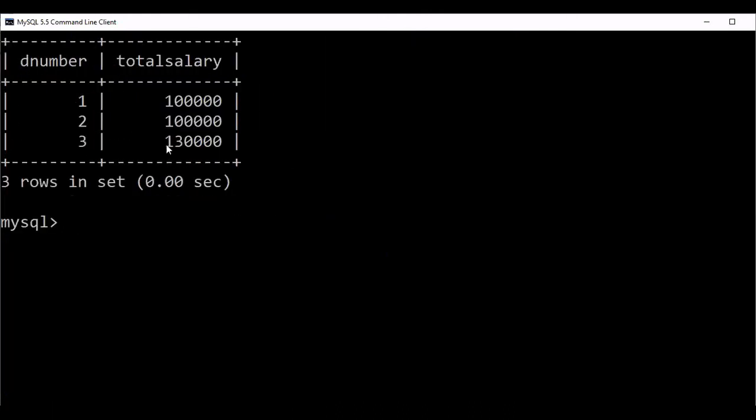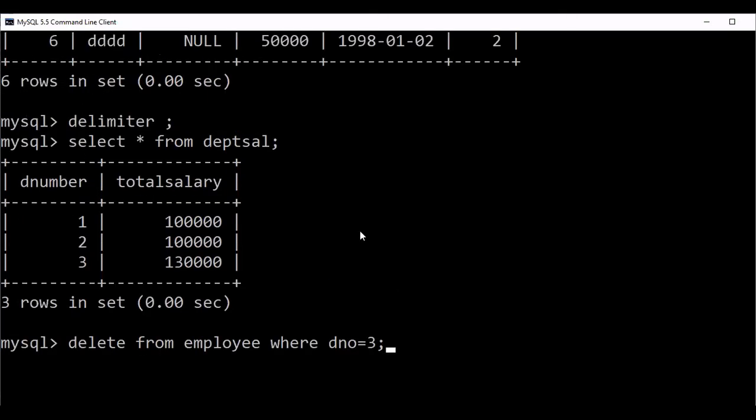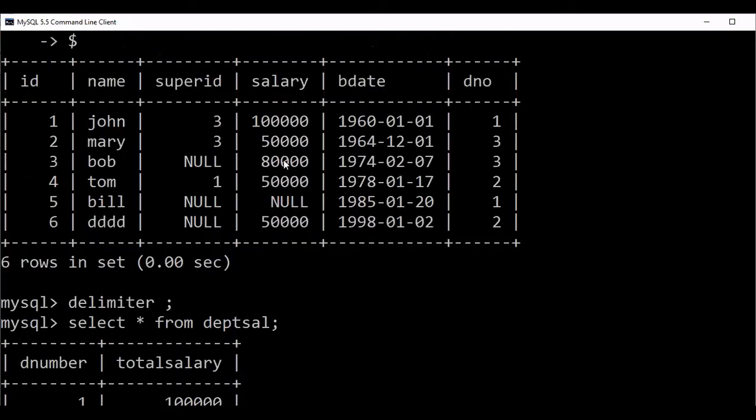Now I am deleting this third row. So how can I delete? Delete from employee where D number equals 3. Whenever I specify D number, this becomes the old one, and the old salary will be 80,000.